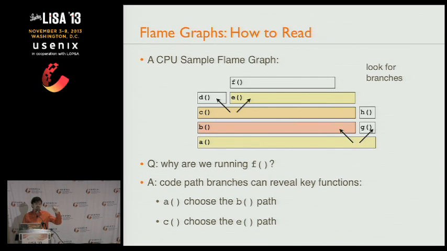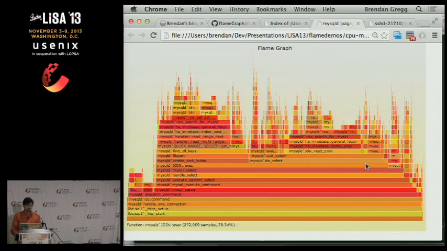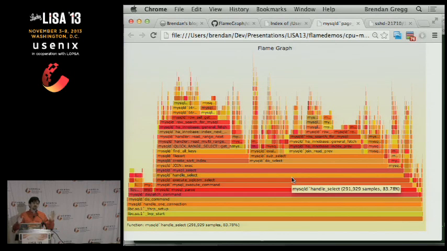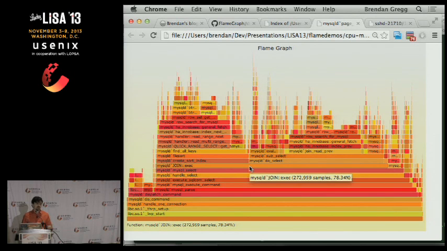So for MySQL, you can imagine you're completely new to MySQL, you've never looked at the source code before. By the way, source code is not so bad, I don't mind getting into it. You're thinking, Brendan told me that it may not be so bad because I may only have to read 20 functions. But the main thing you can do is you can look for the branches and read them first. And that may only be 3.